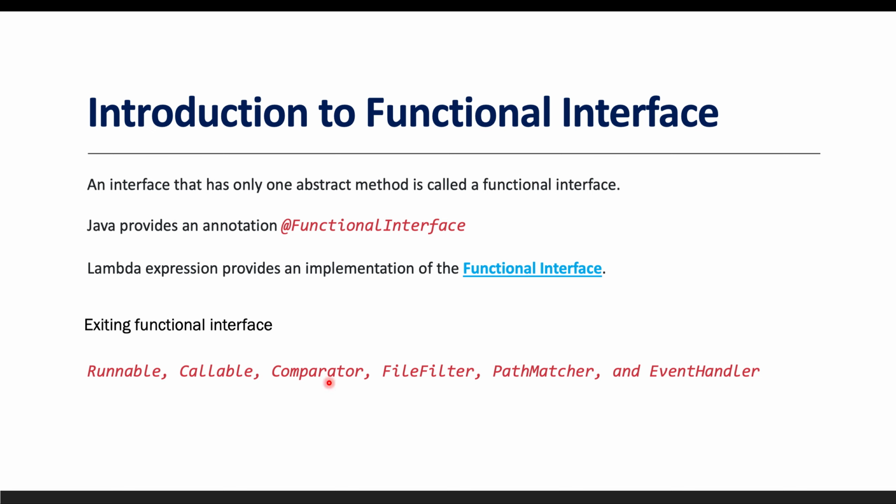So those interfaces can also be used as functional interfaces, because the definition says that an interface is called a functional interface if it has exactly one abstract method. So if we want to use existing interfaces available inside Java as functional interfaces, with the implementation as a Lambda expression, then we will be able to use them. We will see a couple of examples of how we can provide the implementation of these interfaces before Lambda expression and after Lambda expression.